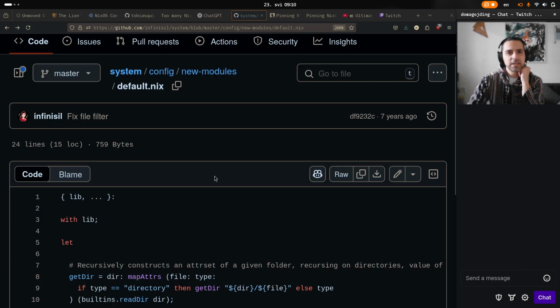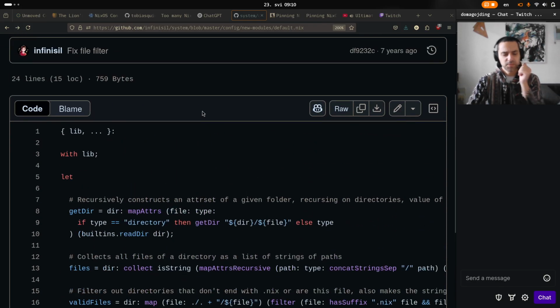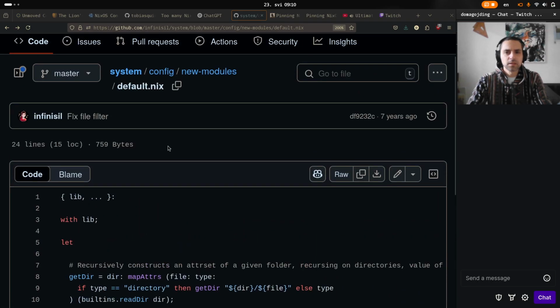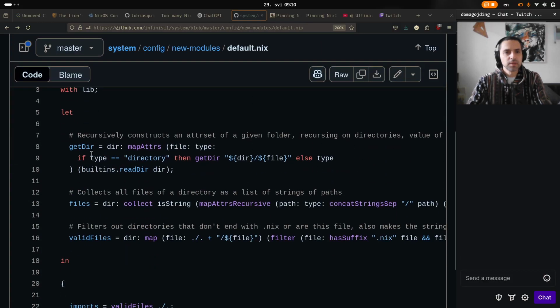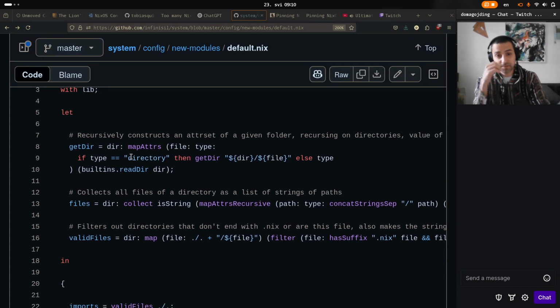Last time I was looking at the getDir function from the InfiniSils. Well, it's just something that he uses. I'm still not sure why. What does it do actually? But anyway, it's written in Nix, and this is like 7 years ago. So I was going through the getDir function,